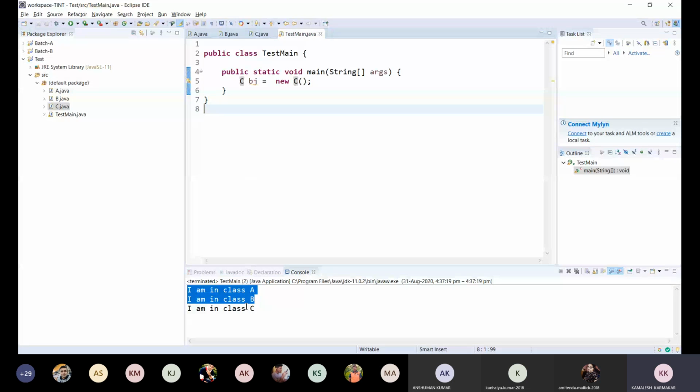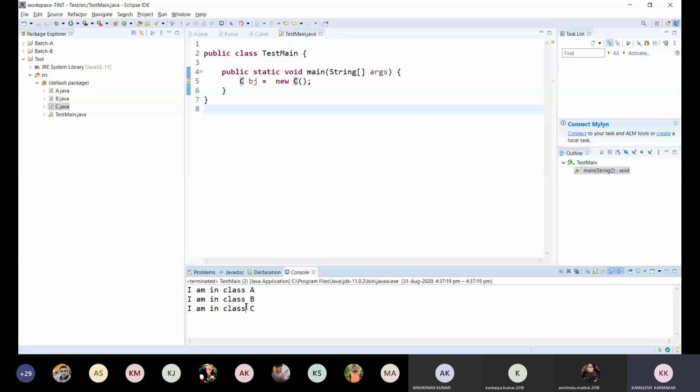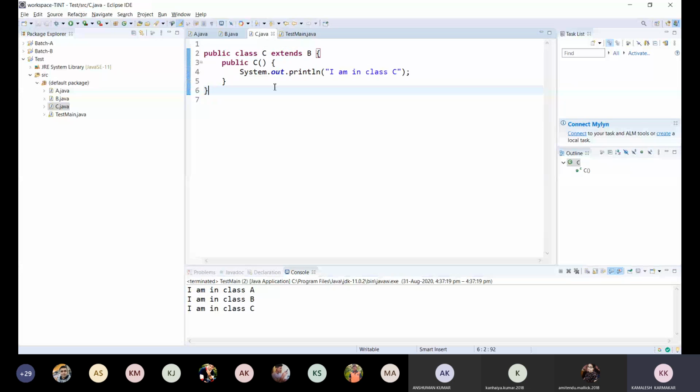So basically, when we are inheriting a class, if you create an object of this subclass, automatically its parent class constructor is being called, and that will be called as the first line. Though we are not writing any explicit call of the parent constructor, the parent constructor is being called.